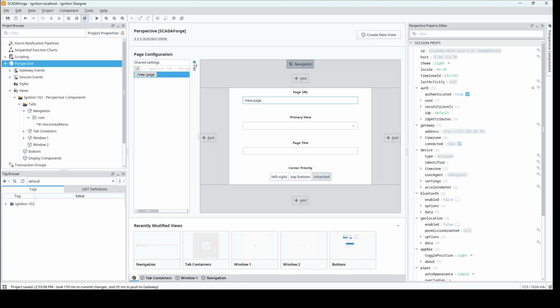So we click plus here on the left. That adds a new item to our list. The slash is basically your default view that will populate in the middle pane here when you open the client. And then when we add more, these will allow us to populate the URL. So we will call this window 1, and we'll select our primary view of window 1 under tabs, and we'll